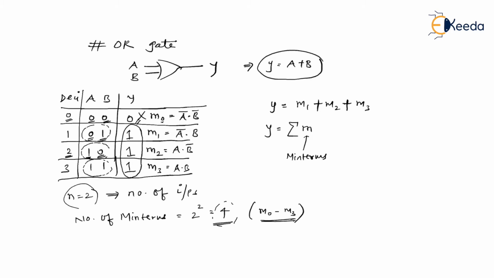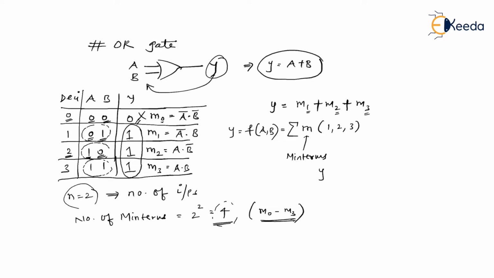So I'm just giving you the alternate way by which we can write. In the bracket, I'll write the respective decimal positions, that is 1, 2 and 3. So I can write 1, 2, 3. This is how we actually express the min terms concept. Also, I can extend it like this. I can write Y is actually a function of A comma B. It is common sense. Y is always a function of A comma B, right? Which is equal to summation m 1, 2, 3.